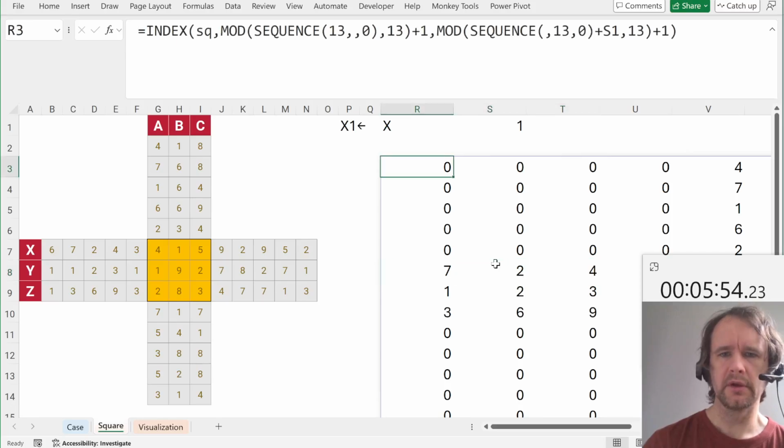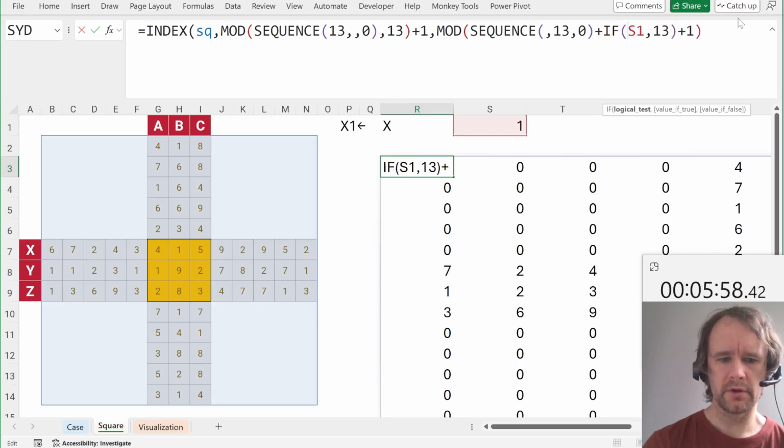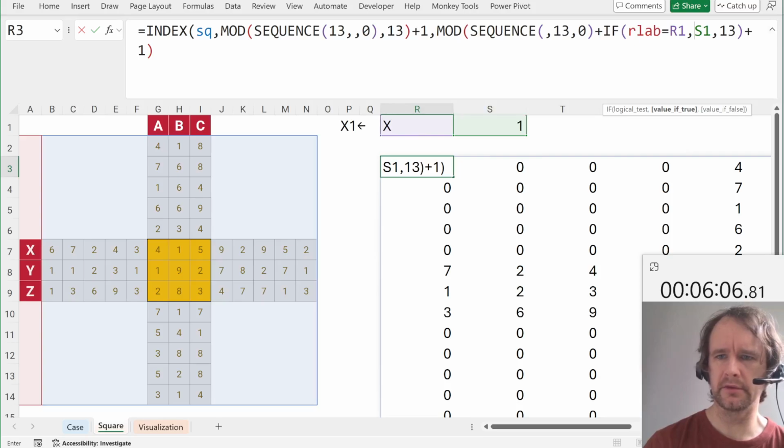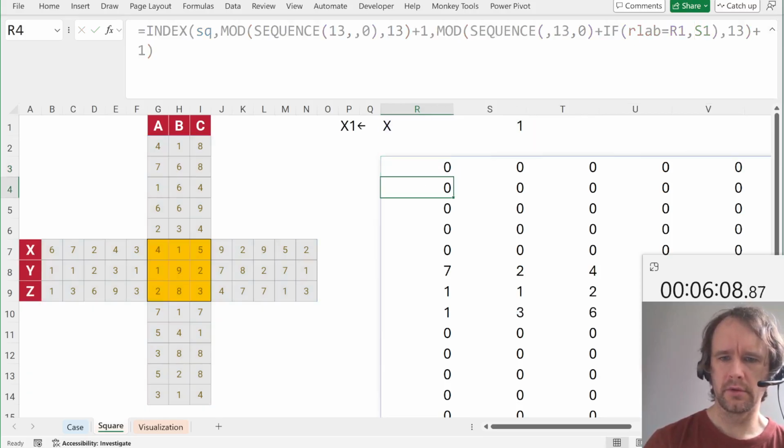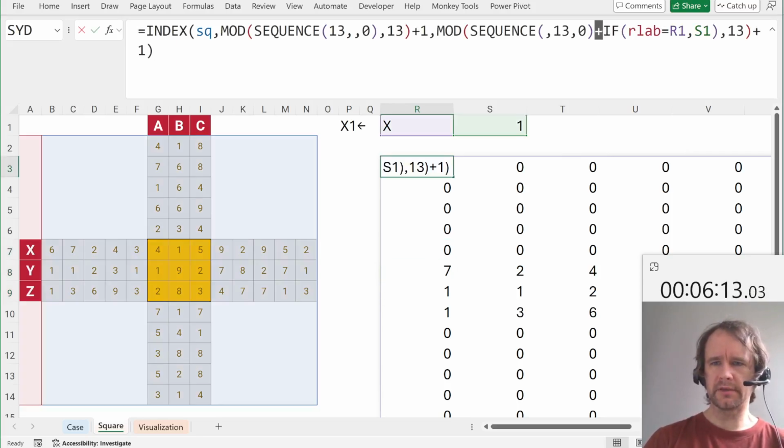That's good. But I don't want to shift everything. I just want to shift if my RLab, yes, is equal to this, then that. So now I'm shifting only that one. Yep, that works. And then I just need to do basically the same thing